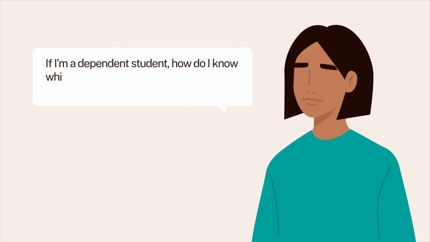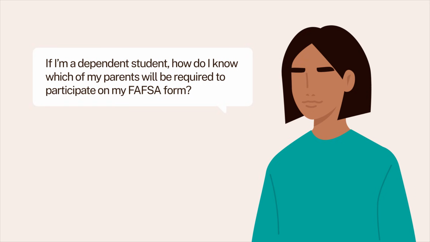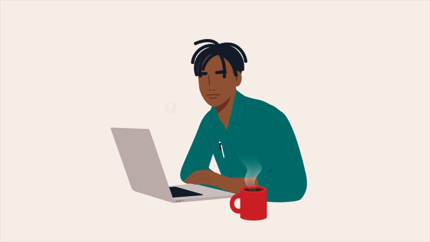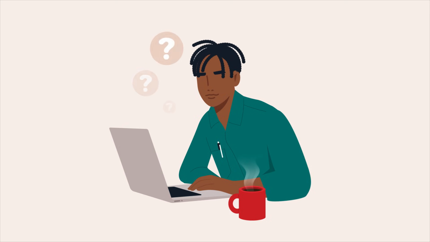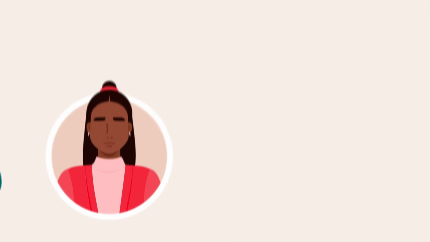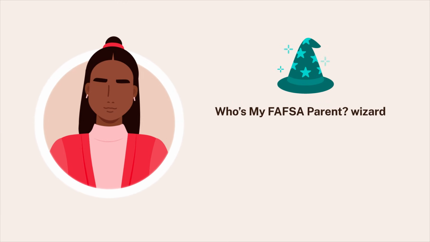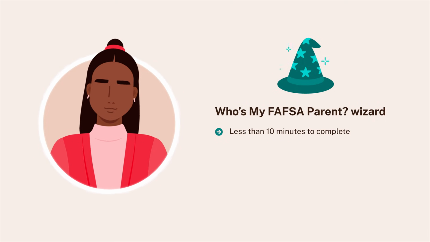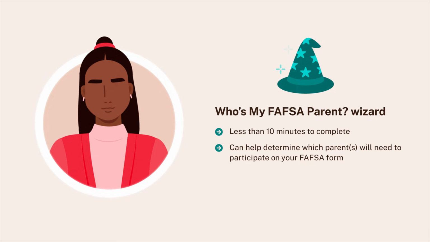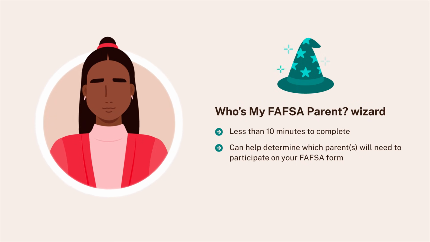If I'm a dependent student, how do I know which of my parents will be required to participate on my FAFSA form? When you complete the FAFSA form online, you'll answer a series of questions to determine who your contributors are before you invite them to participate on your form. You can also use the Who's My FAFSA Parent wizard before you begin your form. The tool takes most people less than 10 minutes to use, and it will help determine which parent or parents will need to participate on your FAFSA form. You can access the tool at